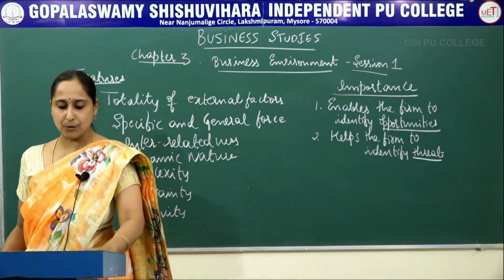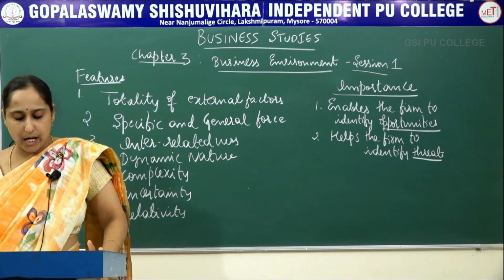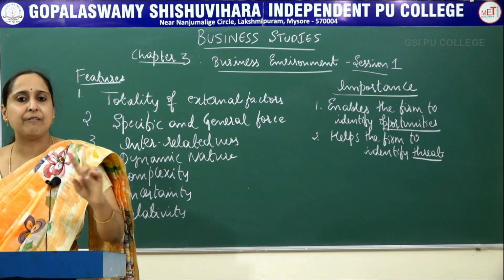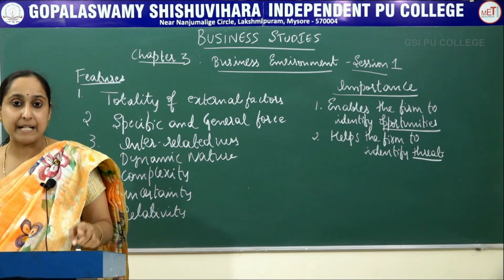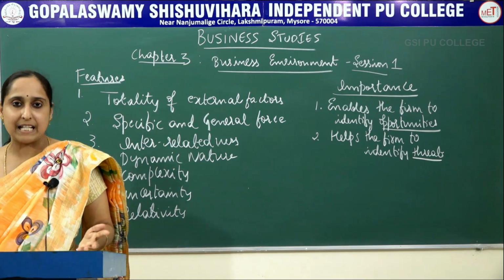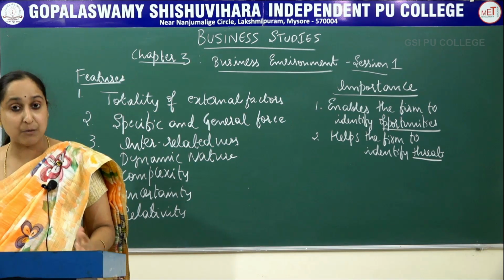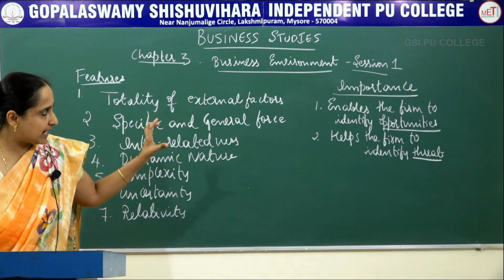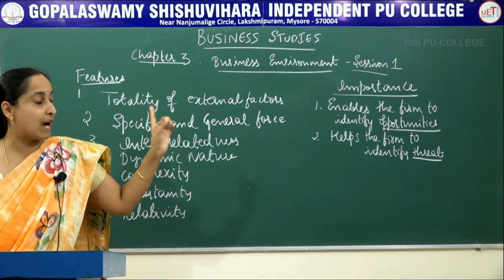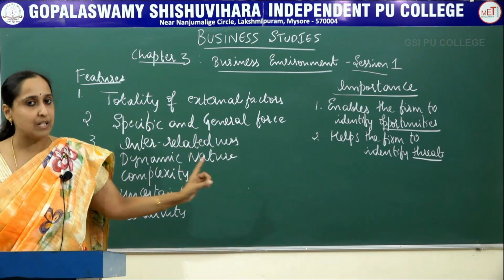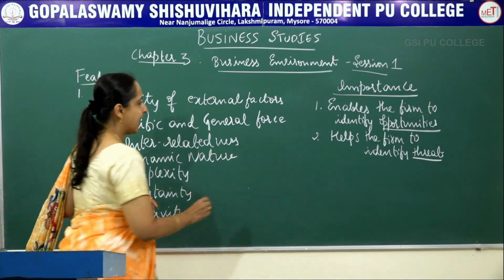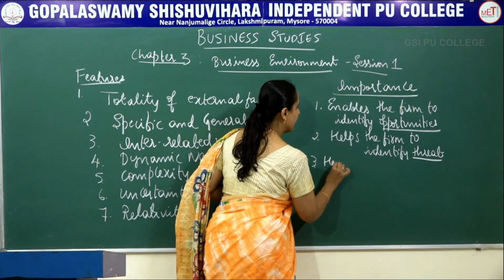One more example I can give you. See, when Pepsi and Coca-Cola got permission to set up their business in India, it was an opportunity for them. But for the companies which were already there in India, it was a threat. Companies like Gold Spot and Campa Cola, it was a threat for them. So these 2 are very important points, because business environment enables the firm to identify opportunity and also threat. Now let's see the next importance, that is, it helps in tapping useful resources.